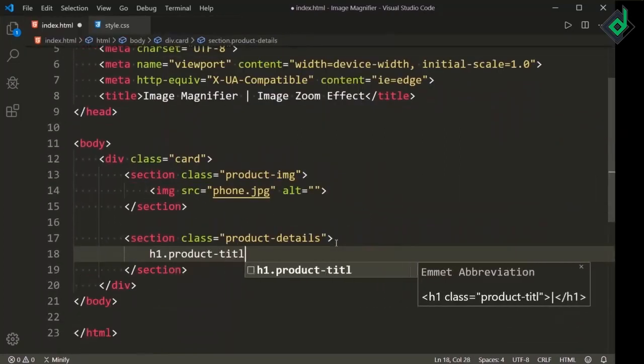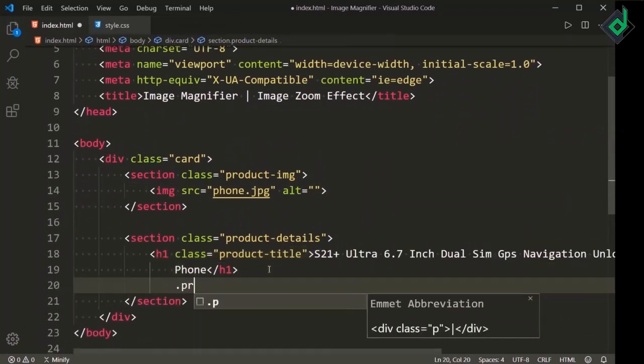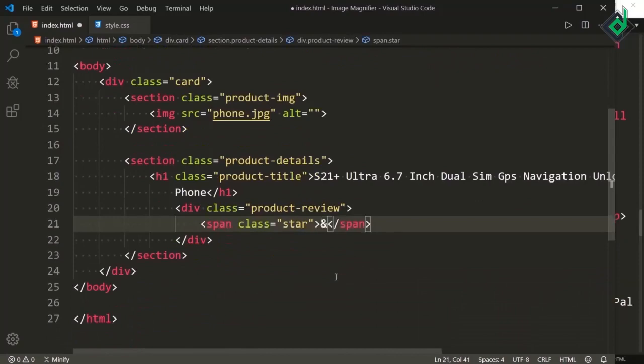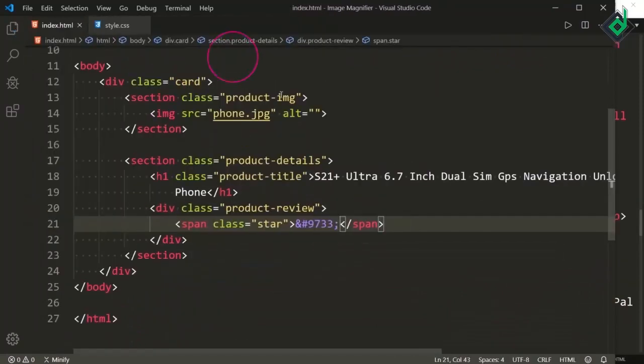In this video, I'm not going to explain much more about the HTML and CSS code, but in the JavaScript code, I'm going to explain you everything. So I'm speeding up my video. I'll see you in the JavaScript code.